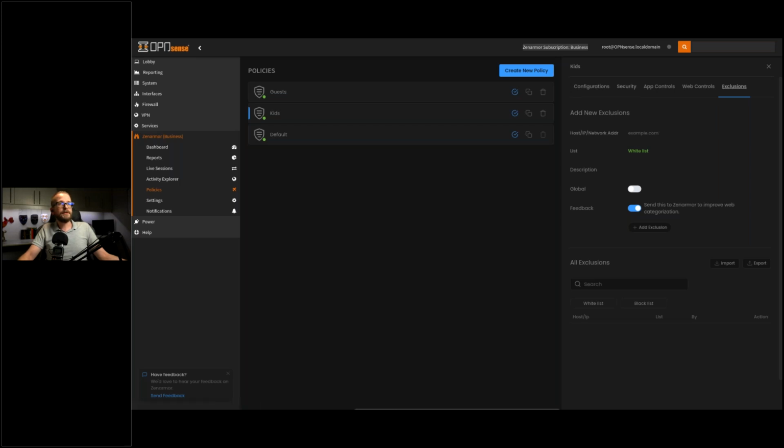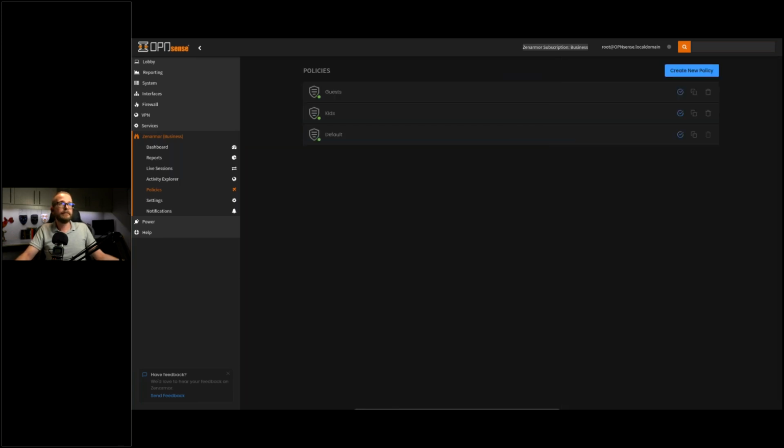Then to manage those custom ones that you've created, you've got an exclusions option here. Basically with this, you can manage all your exclusions. So perhaps there's a website that ZenArmor has blocked that you need access to. You can add it to a whitelist and you can manage all of that from here. So as you can see, you have complete granular control over all the traffic and the apps, the websites, and so on traversing your network.